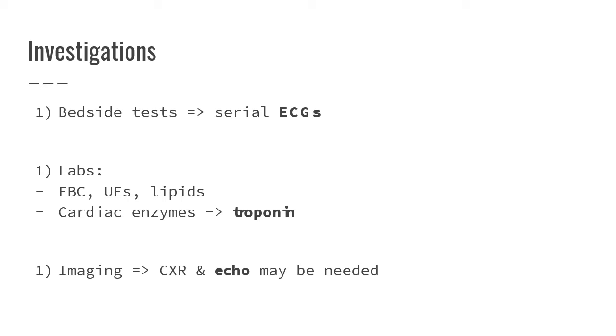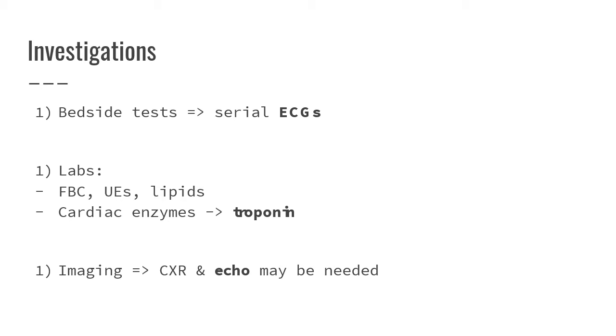Often that first ECG is normal or might have some minor changes, so we need regular ECGs to see for any dynamic changes. Laboratory investigations, we're going to do our routine bloods, but the ones to pay particular attention to are our FBC, and that's because anemia is going to decrease the oxygen carrying capacity of the blood, and so our body's ability to mitigate increasing oxygen demand is limited,